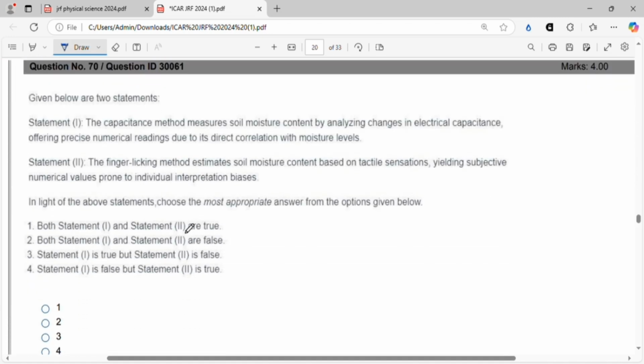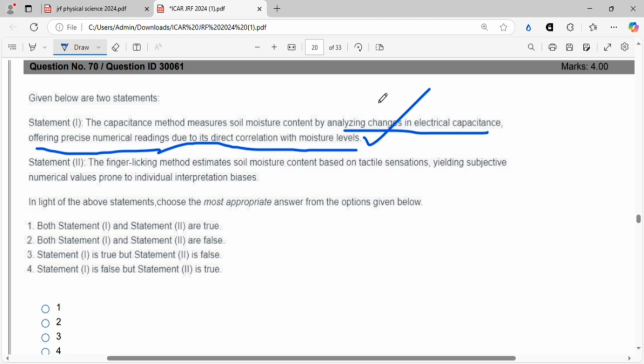So this is again a true false type of question. The statement 1 and statement 2. Let's read the statement 1. The capacitance method measures soil moisture content by analyzing changes in electrical capacitance, offering precise numerical readings due to its direct correlation with moisture levels. This is true. Like resistance, you know, there is a property called capacitance in electricity,